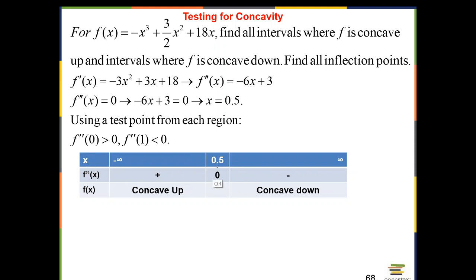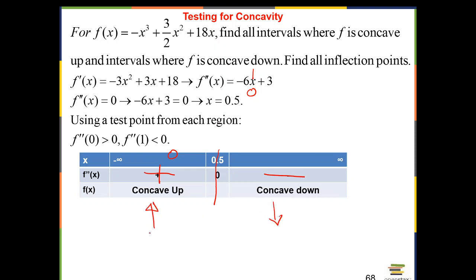So we know f double prime is 0 at this point. To the left of it, we can pick a number, let's say 0. I'll put it in here. Well, looks like we get a positive number. So to the left of 0.5, f double prime is positive. To the right of 0.5, let's say 1. Put a 1 here. That would be negative. So what does that mean? Well, it means that f double prime changes sign at 0.5. So that means the function is concave up over here, and it's concave down over